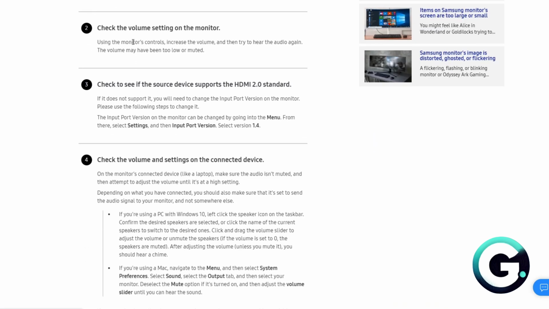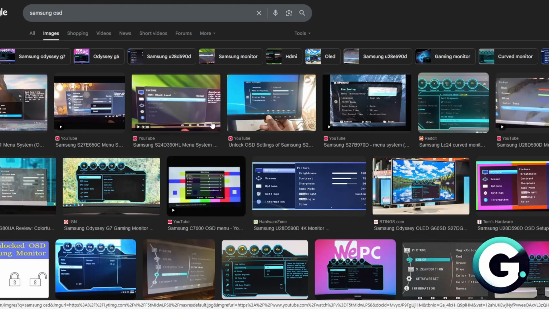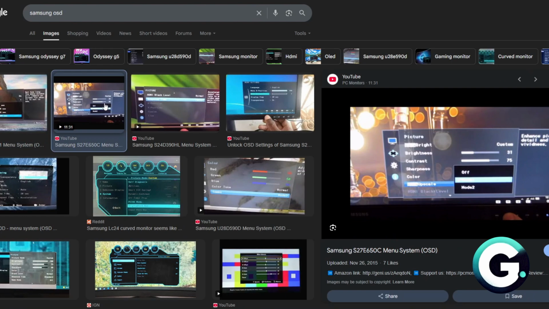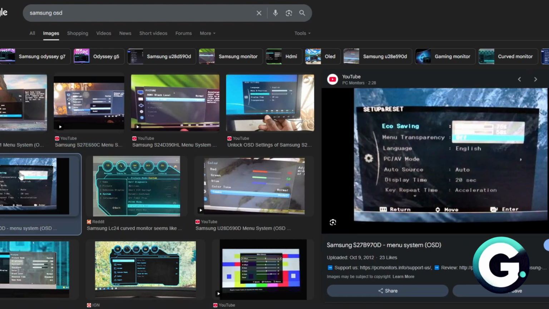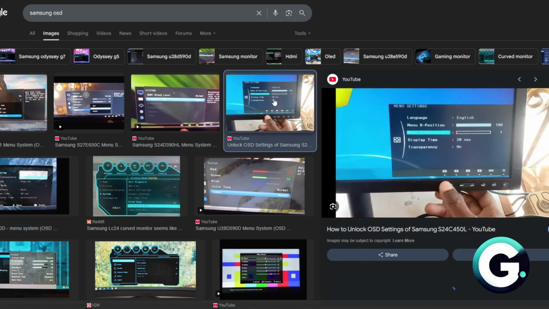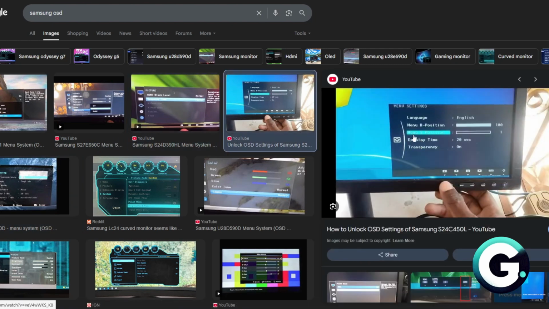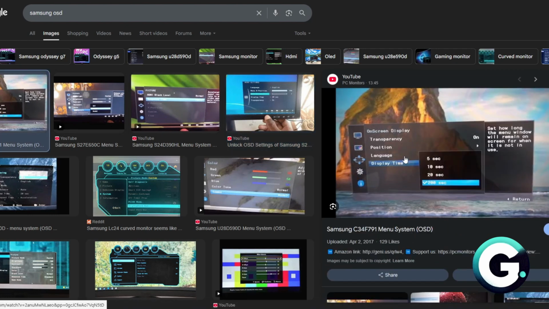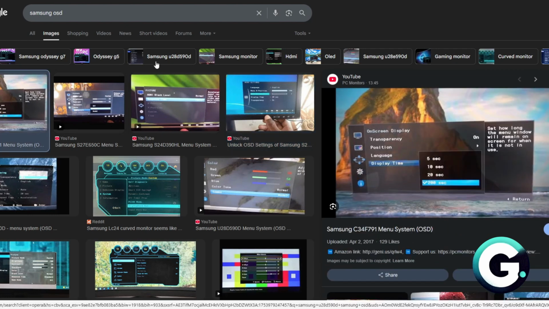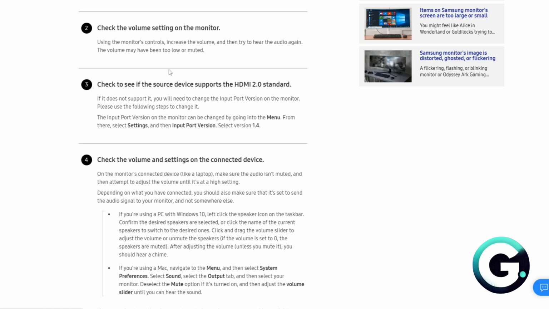So the first thing that you want to do is to simply check basic settings, which is the monitor volume. Now to do this, you just want to navigate through your on-screen display or OSD for your monitor. Now I won't be able to go ahead and record my OSD, but here's some photos. Just go ahead and access it from your monitor buttons, and from there you simply want to look for the volume settings. After adjusting and making sure that the volume is enabled, you then want to go ahead and verify